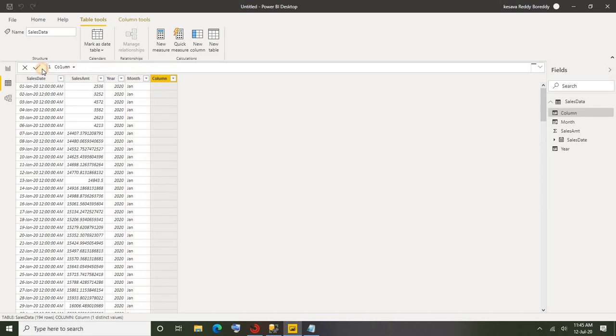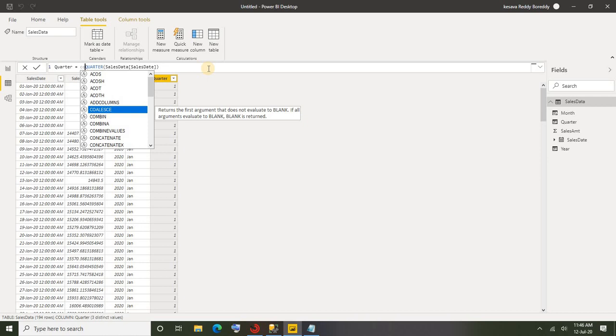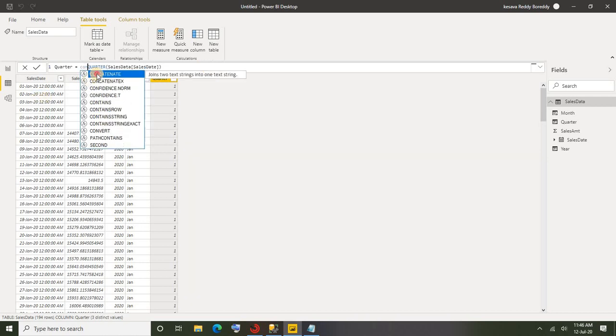So how do you get the quarter? Let me paste that. Quarter, I can go for the quarter function. Alright, I added three more columns: year, month, quarter. These are not mandatory for our requirement, I just wanted to add a few more columns. But here I'm getting quarter as 1, 2, 3, so let me append Q to that. How do you do that? By using the concatenate function we can append Q.